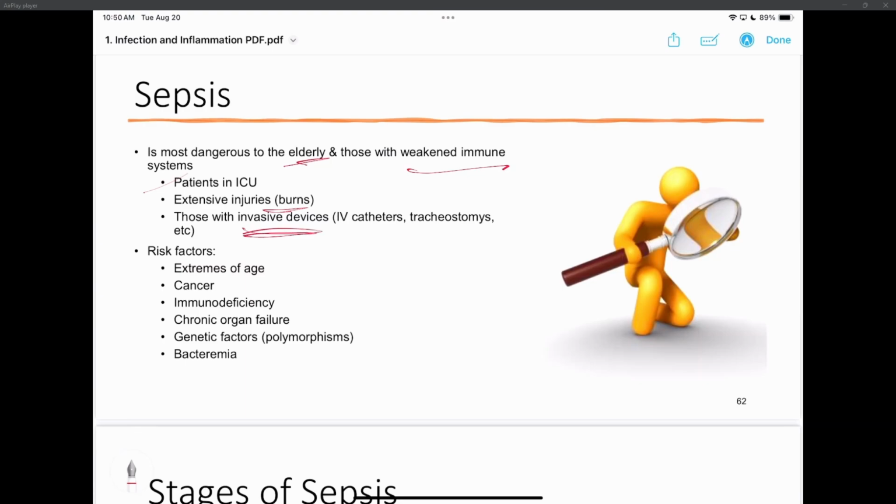And people with invasive devices, IV caths, tracheostomies, if you have a pacemaker and you have wires that go into your heart, anything foreign in the body, the body will start attacking it. It can get infected because of the material that's used. Sometimes they get very sticky, and as bacteria come along, they attach to that valve. You'll learn about valve disorders later on. It attaches to the catheter, and once it attaches, it starts multiplying, and if it gets to a certain amount of the infectious agent, then you can get septic from that.